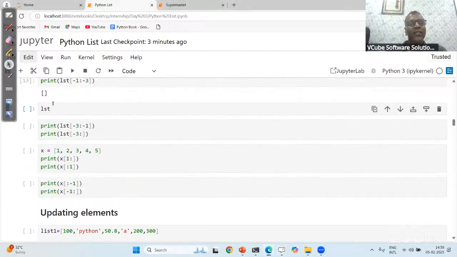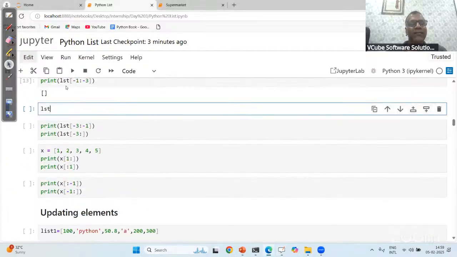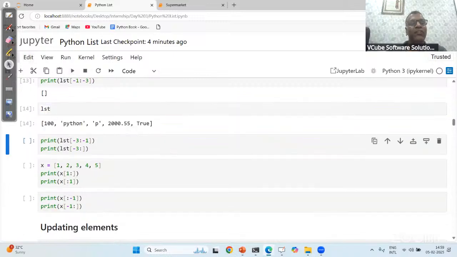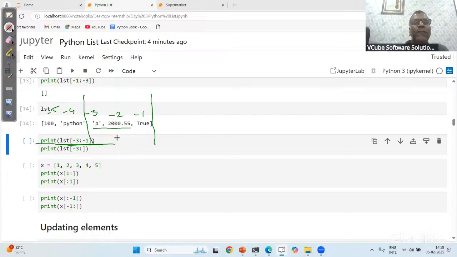Now, I will show you the list object. Can you please tell me -3:-1? This is -1, -2, -3, -4, -5. Can anyone tell me the answer for this? -3 to -1. So 3 and 2000.55. So this will be excluded. Yes, very good. Can anyone tell me the answer for this? -3: